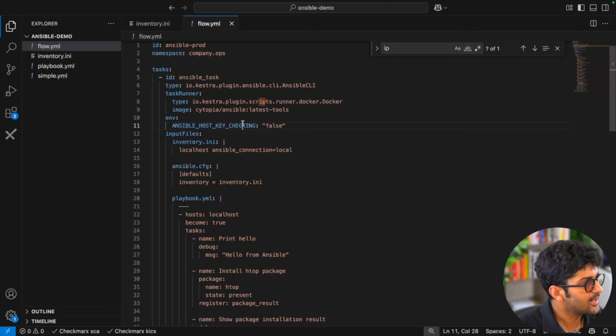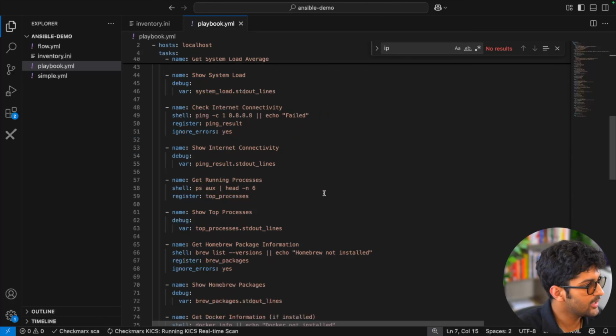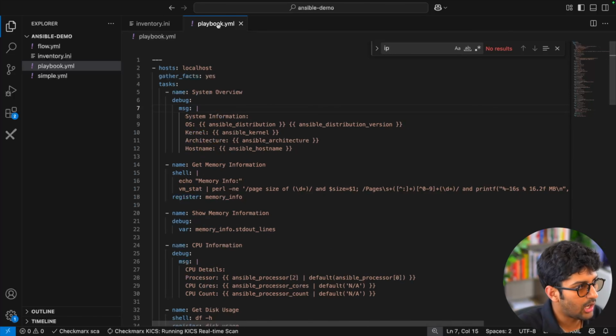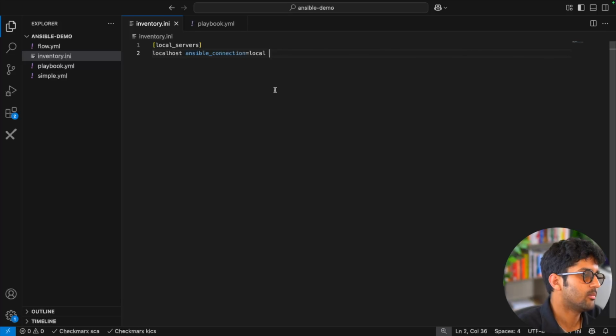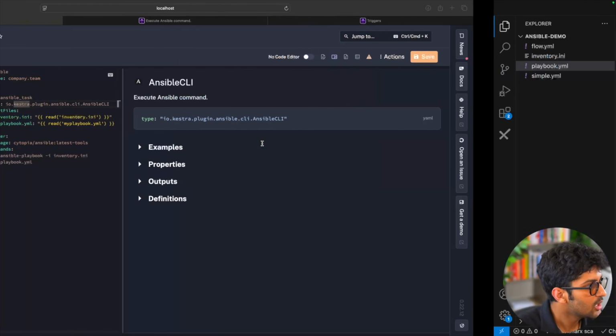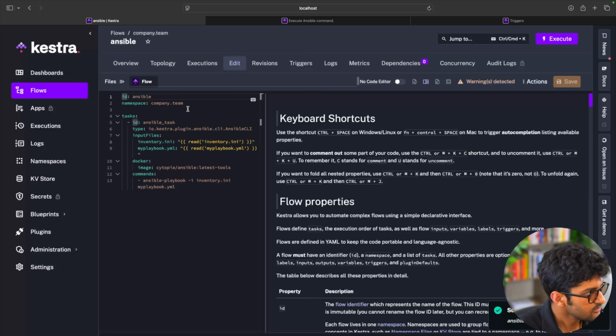Now, we had this file locally, right? The playbook file. We had this file locally and we were just running the command. How would Kestra know about this? Also, there's the inventory.ini file, which basically tells you which server you are connected to. This basically means I'm connected to localhost, right? If you're using a cloud instance, you will add the public IP, your secrets and the SSH information and things like that. So here I'm first of all going to save this,